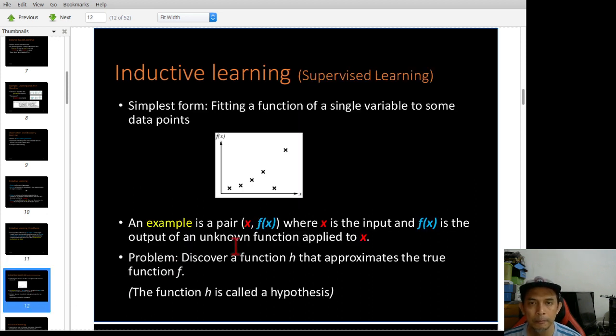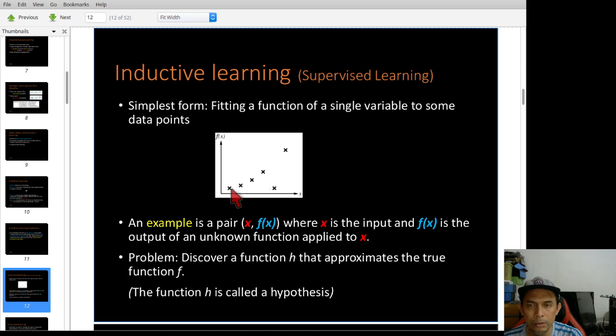Now, one example here. Supervised learning. Now, let's see. Okay, this is unsupervised learning actually. Let's see this example. I have how many points here? 1, 2, 3, 4, 5, 6.